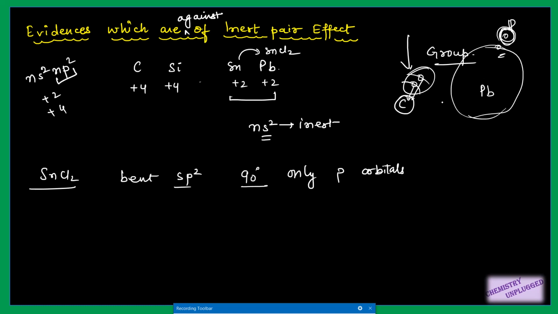Why is this so? It means there are some other things taking place here, not only this inert pair effect. Actually, the size of these heavier elements is much higher, and because of their bigger size they cannot overlap properly, and because of their less overlapping they show lower oxidation states. So if they ask you a question related to the bent structure of SnCl2 and which rule is disobeyed by this structure, you can say that it is the inert pair effect.